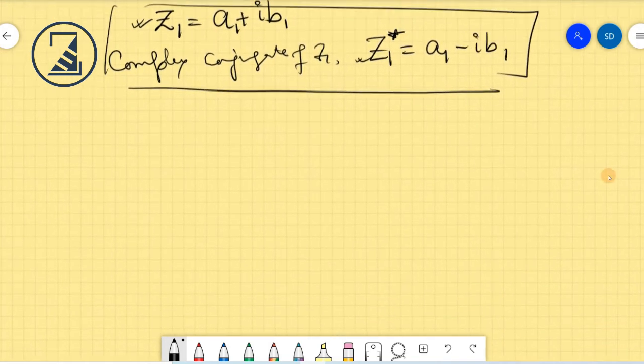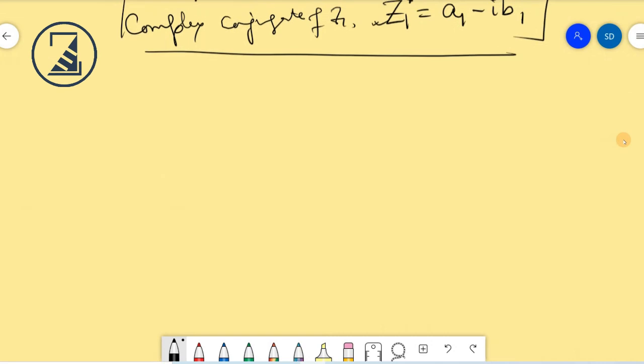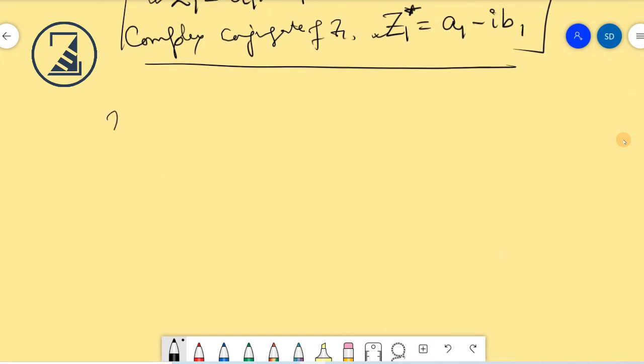Next, let's come to this equation. See, we started with this equation, right? x cube minus 1 equal to 0, and we wanted to find what is the value of x. So we found one solution, x equal to 1, right? What are the other solutions? What are the other two solutions of x? That we will try to find out.